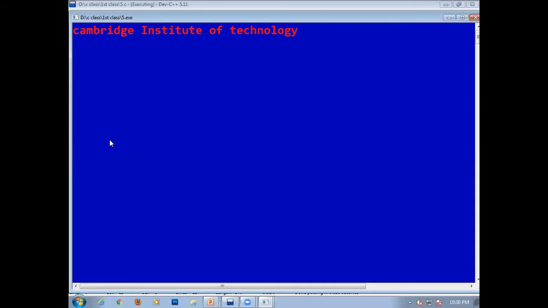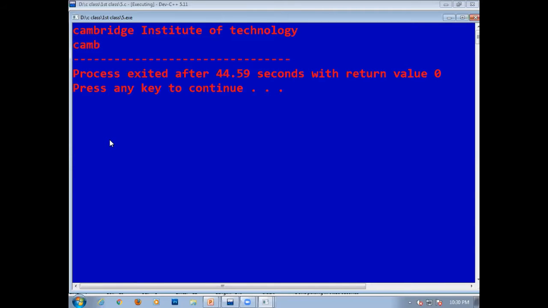But how many are read by scanf? scanf reads only a maximum of 4 characters. When I press the enter key, I can see only 4 characters read. Though I have written a set of characters continuously, scanf successfully read only a maximum of 4 characters. This is what I was trying to explain.